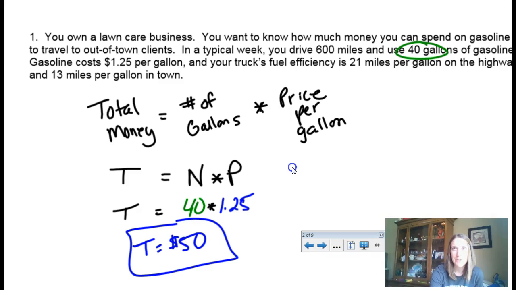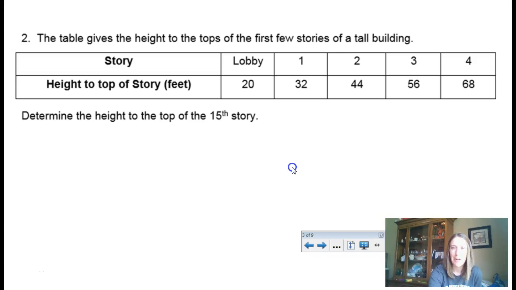The other thing that we could do is we could write a whole sentence about I'm going to spend $50 of gasoline going to my customers. That's the other tricky part of math. It's fine to be able to do the math, but if you start shouting out mathematical answers at people, if they've hired you to solve things, they don't want to hear that. They want to hear actual words. So you have to think about how you're going to talk to your customers